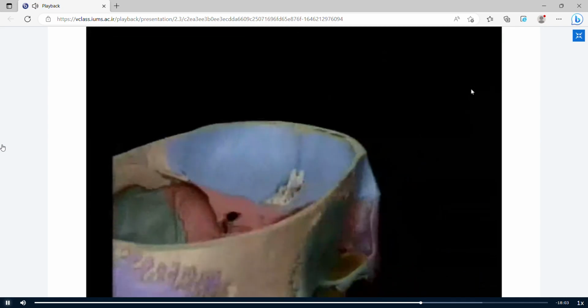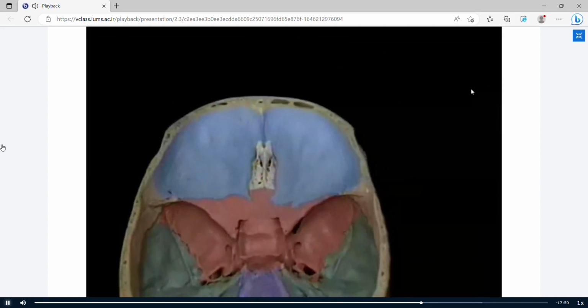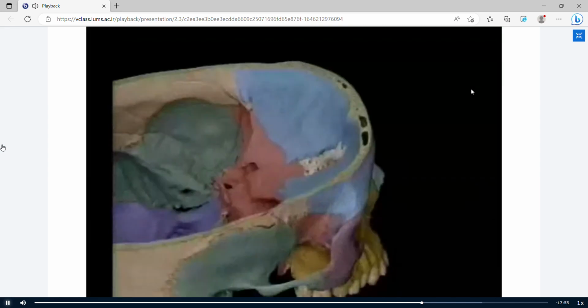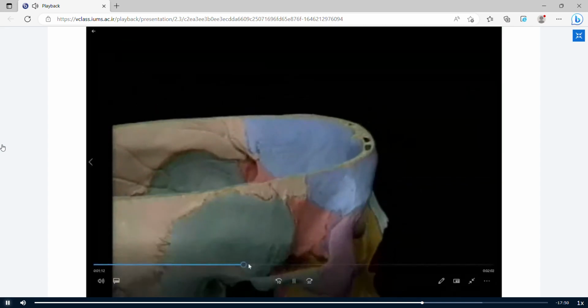The frontal bone also forms most of the floor of the anterior cranial fossa. The part of the frontal bone near the midline is hollow. The hollow space is the frontal sinus, one of the